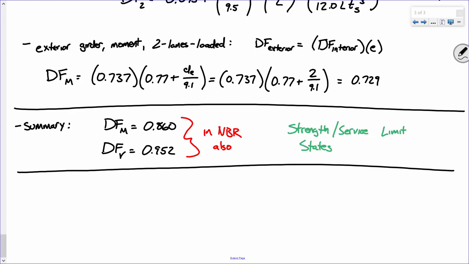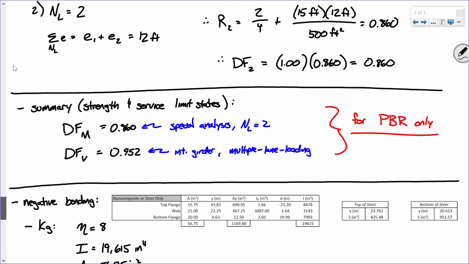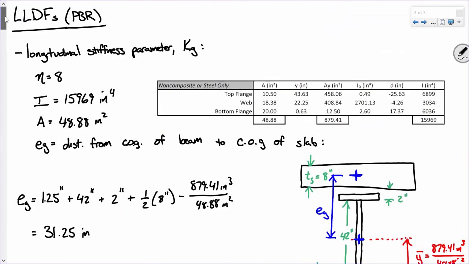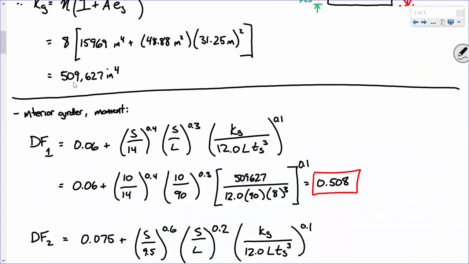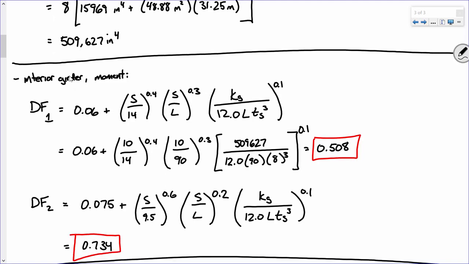So the first thing that we're going to do is let's do moment, okay? Let's go through and pick out the largest moment distribution factor, but one lane loaded. So let's scroll up to the very beginning. Let's think, moment, one lane loaded. So, okay, so interior girder moment, I got what, 0.508, right? I'm not looking at the next one because that's multiple lanes loaded. So 0.508,